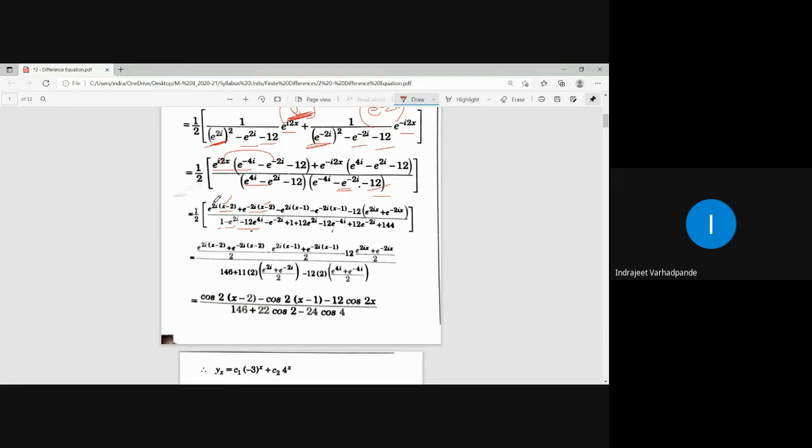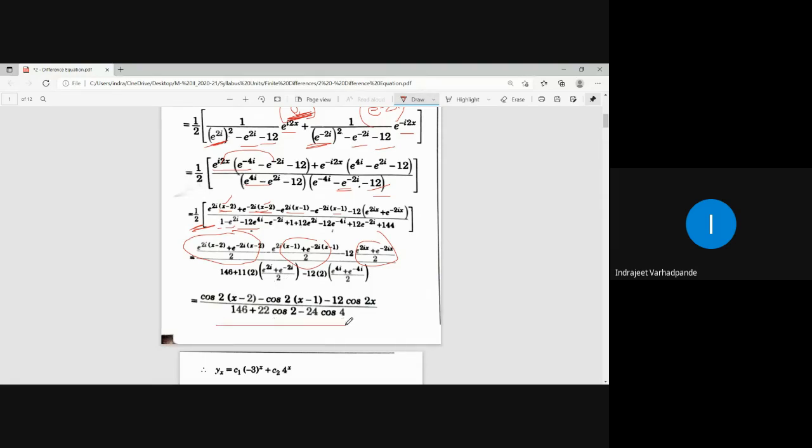See here it is 2i into x minus 2 minus 2i into x minus 2. cos में convert कर सकते हैं. e to the power 2i into x minus 1, e to the power minus 2i into x minus 1. Again it can be converted to cosine. So accordingly, collecting those terms, dividing by 2, this 2 is already there. You get the definition of cos. Accordingly simplify and get the answer.